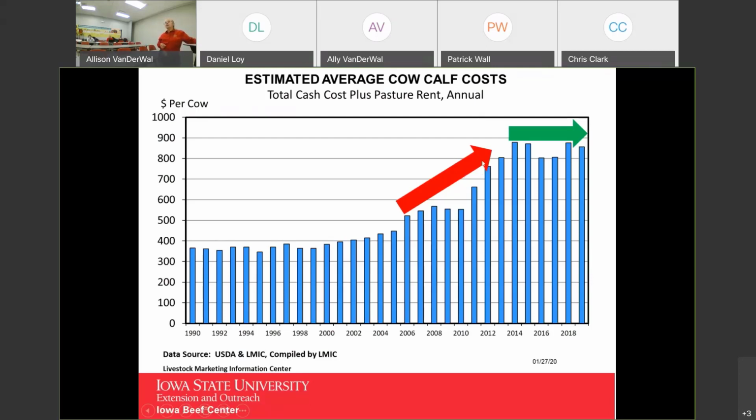up very quickly. If we look here at these last 6 years or so, I think the verdict is still out. Are we staying stable? Have we hit a new plateau? And I would hope that maybe we have hit that new plateau. If you looked at this 2 years ago, we might seem to think we had a little bit of a decrease in cost of production, which was looking good for us. But for right now, I'd say we're looking at maybe a new plateau, a new level in terms of cost